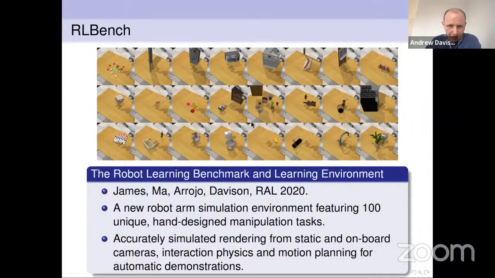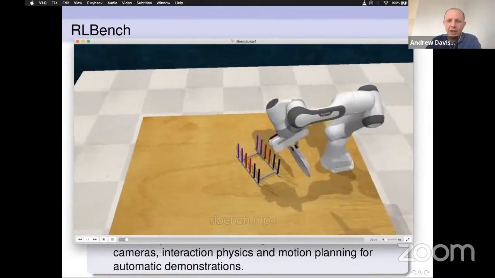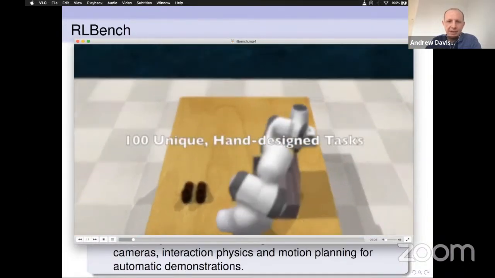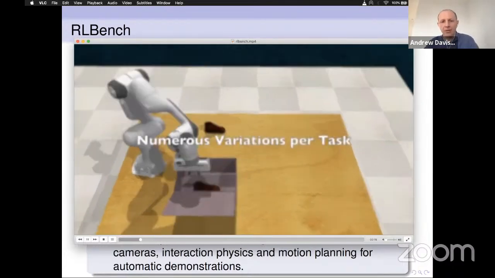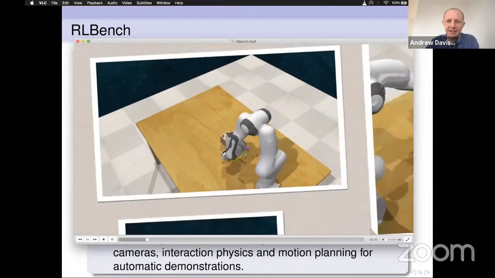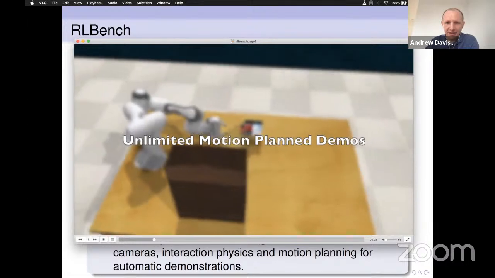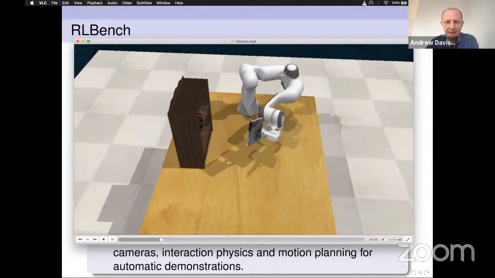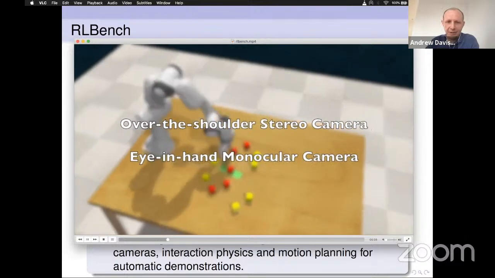So maybe if I just quickly show you this video. Really, the key point about RL Bench is there's a very wide variety of tasks, which are all implemented with the same robot. So you'll notice this is not at the moment a mobile robot driving around a room. This is a single robot arm mounted to a desk. But I still think that there's a world of challenge in trying to carry out these tasks. You'll see that most of the tasks this robot is doing, you can think of as rearrangement in some sense. It's putting books onto a shelf, it's building towers out of blocks and things like that.